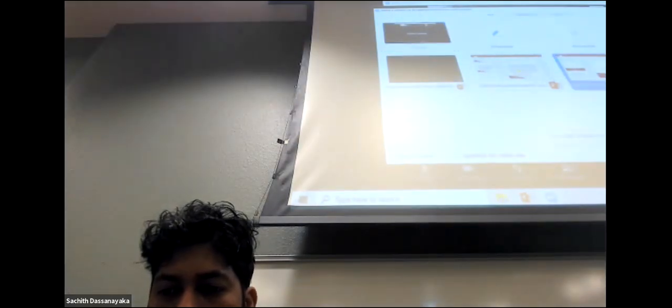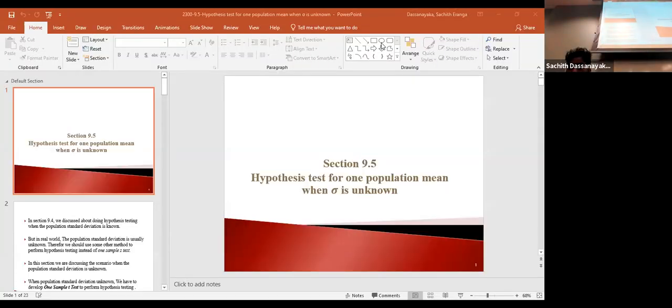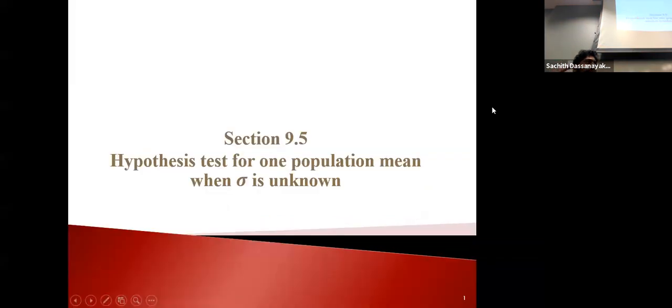So 9.5. This is the last section of this chapter. In this case, the process is exactly similar to 9.4, but in this case you don't know sigma. As I mentioned, you don't know sigma. Sigma is unknown, so that you cannot use